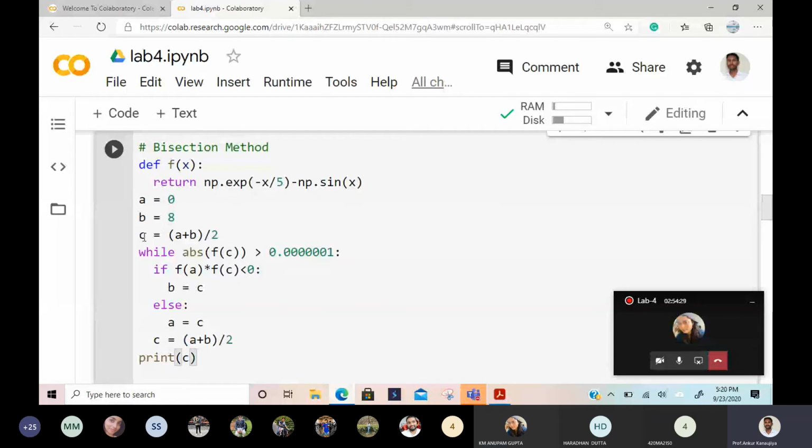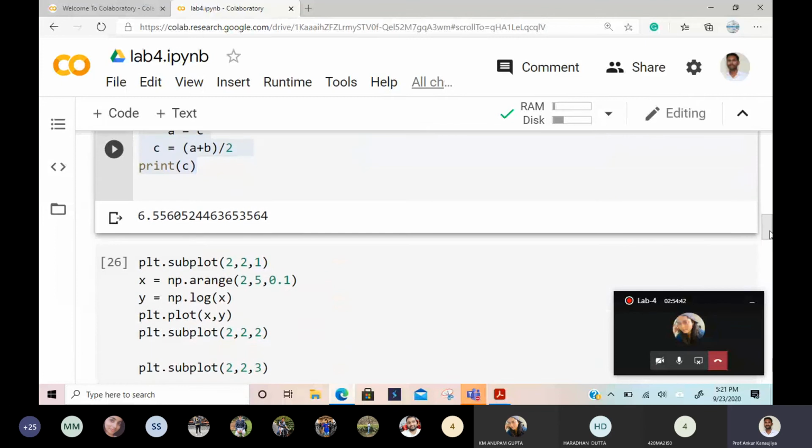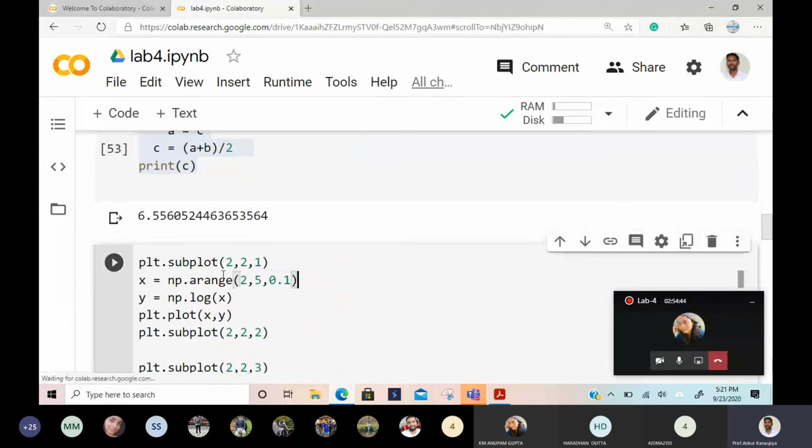So this is the bisection formula, C equal to (A plus B) by 2. If you replace this by Regula Falsi, you will get the Regula Falsi method, right? So I will just copy and change it to the Regula Falsi formula. You know the Regula Falsi formula, so I will write it here. Anyway, I will share this to you, so don't worry.